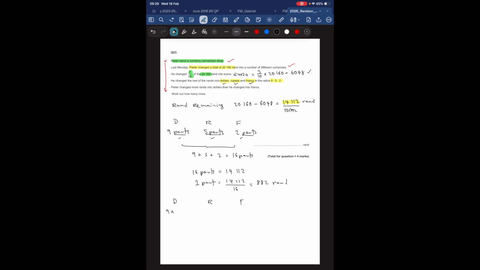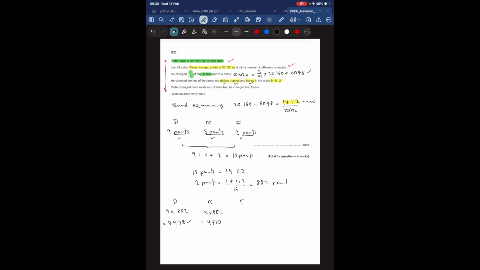So I can now work out how much dollars, rupees, and francs I have in terms of Rand. So 9 times 882 gives me 7,938 Rand that were converted into dollars. The number of Rand that were converted into rupees will be 5 times 882. I'm getting the 5 from up here because I know that the rupees consist of 5 parts. We know that each part is 882, so the amount of Rand converted into rupees will just be 5 times 882, which gives me